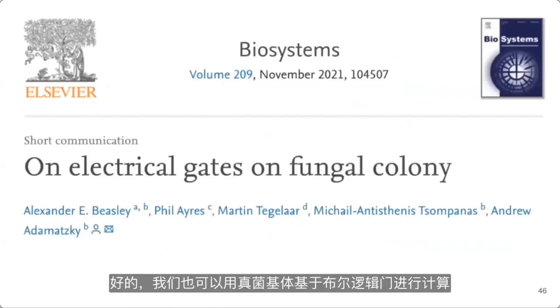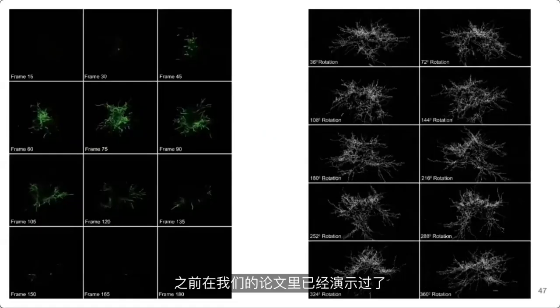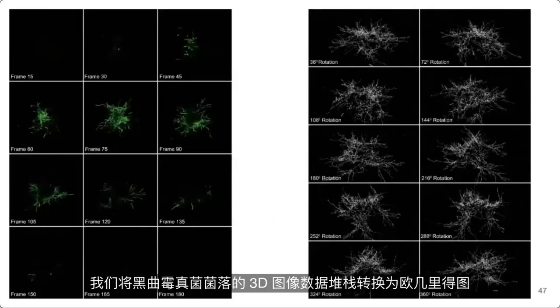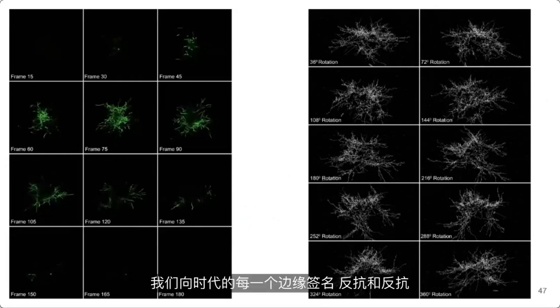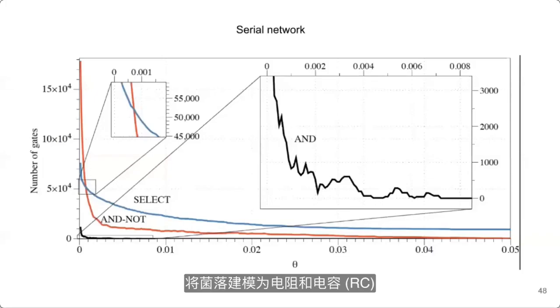Okay. Also, we can make computation in fungal substrates based on electrical analog circuits. It was demonstrated in our paper cited before. So we took 3D stacks of a single fungal colony. We converted it into the graph. We assigned to each edge of the graph capacitance and resistance. And then using SPICE modeling, we applied again inputs as binary strings, high and low voltage, and calculated the outputs